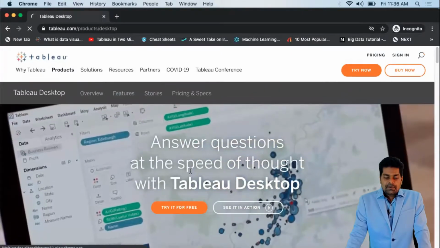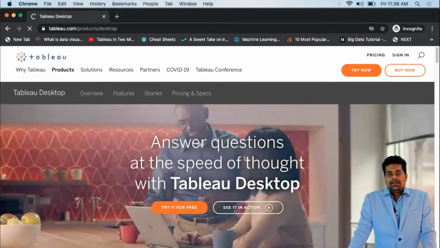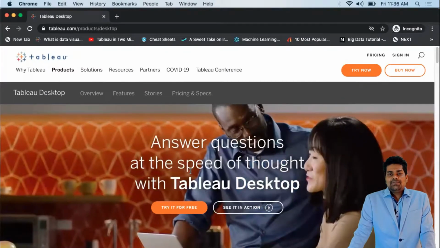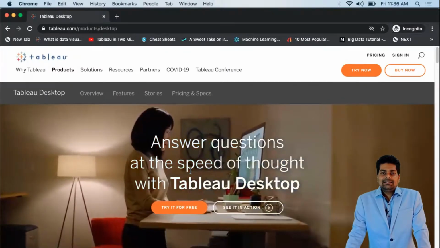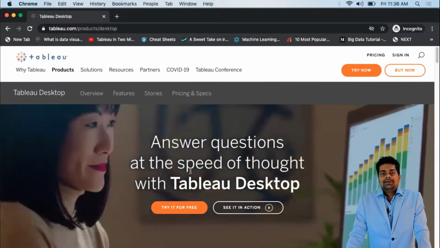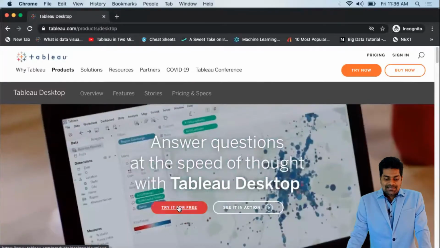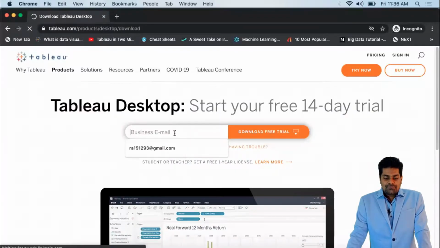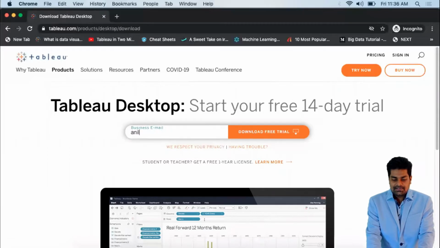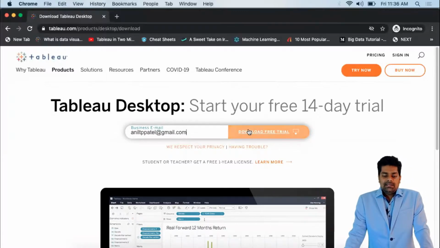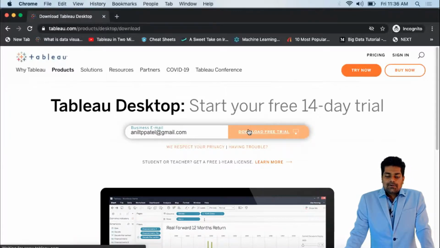Because we are logging in from the Mac, the website will automatically detect that we are going to download the installation setup for the Mac. Just click on Try it for free, enter an email ID, which can be any email ID, and click on Download free trial.